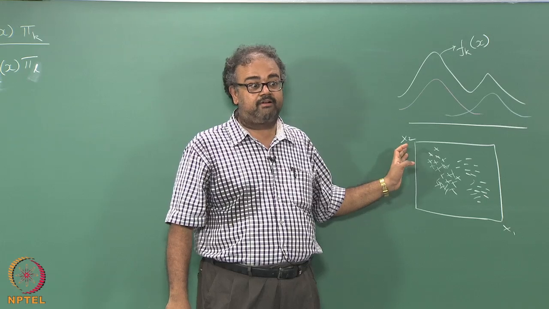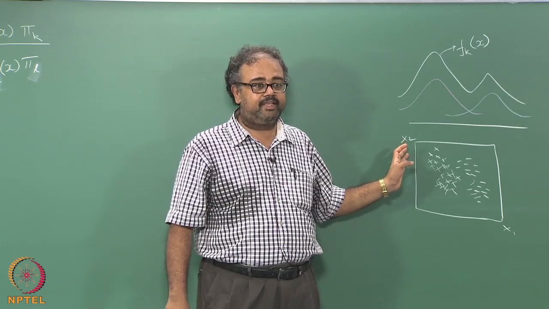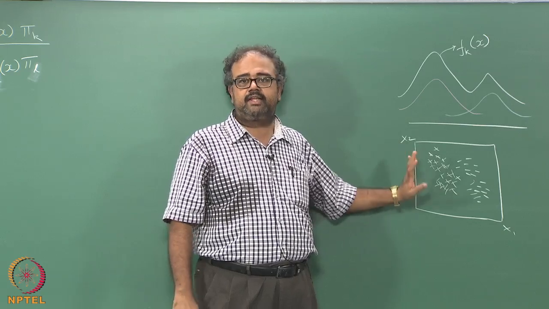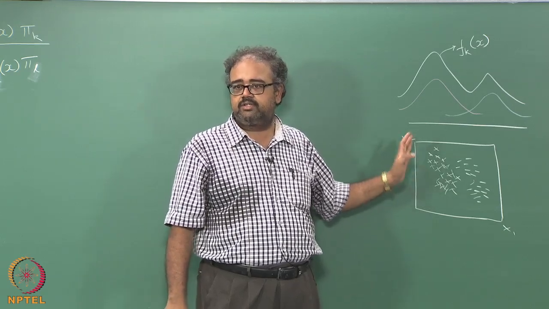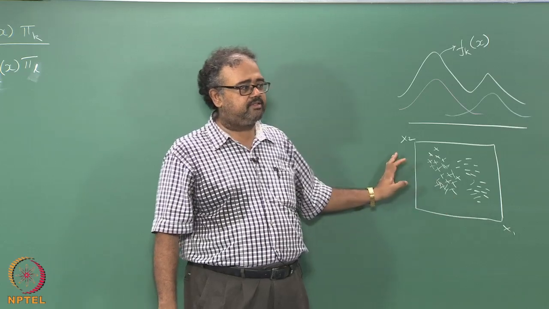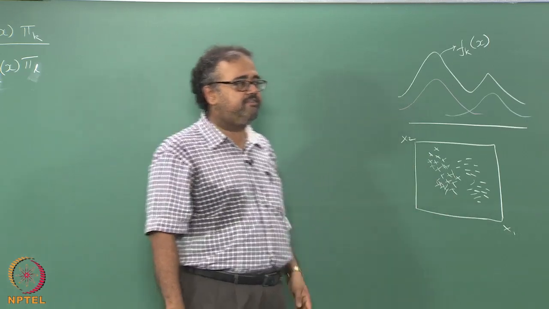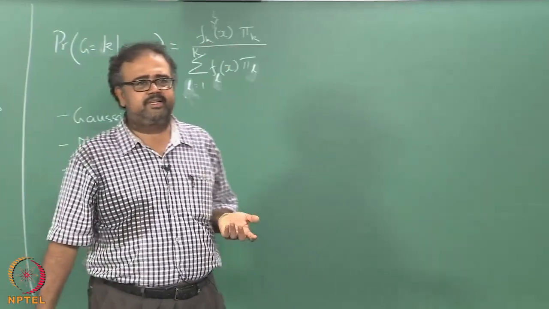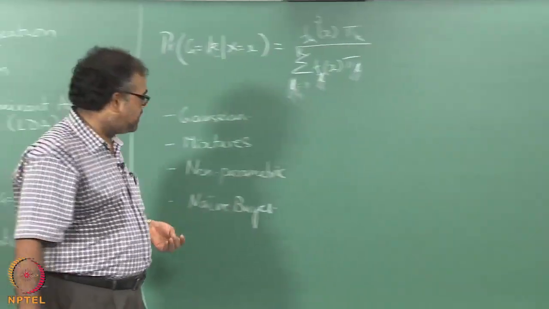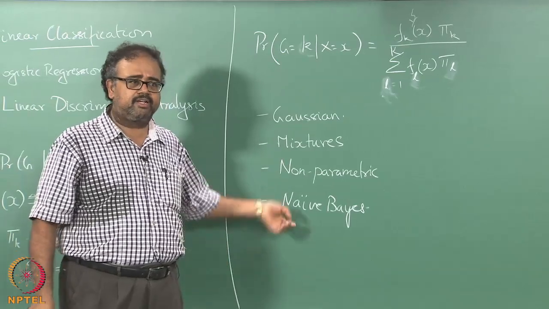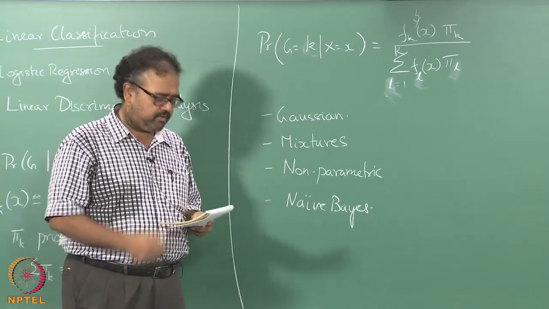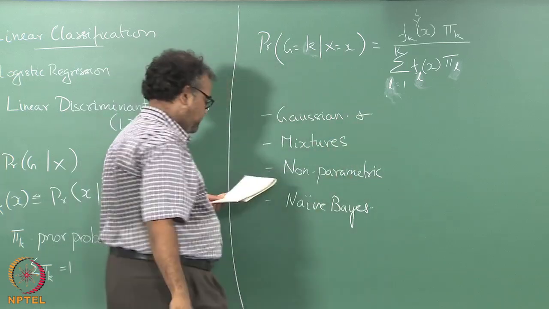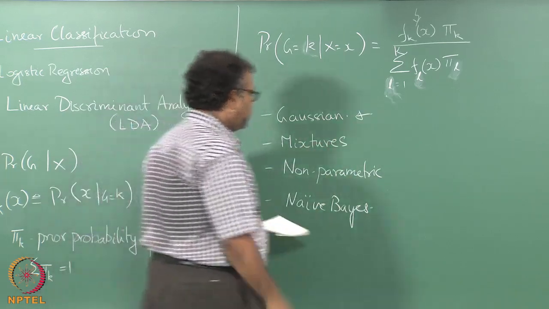That is a very strong assumption if you think about it. I am saying given the class, x1 is independent of x2. If I do not know the class, it will look like there is some dependence between x1 and x2, but given k, I will assume x1 is independent of x2. This is called the naive Bayes assumption because it looks like a very simplistic, very naive assumption to make about the data. So it is called naive Bayes, and it turns out to be powerful in many settings. We will come back to naive Bayes separately in one of the later classes. So right now, I am going to go back to Gaussian. I am going to assume that